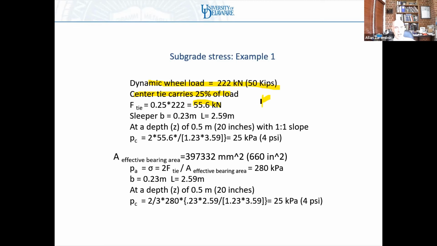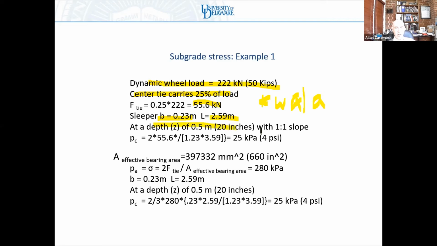Remember, this is K times W sub X sub A times A, where A is the sleeper spacing, K is the stiffness, and W is the deflection. So if my sleeper is 0.23 meters wide and 2.59 meters long,